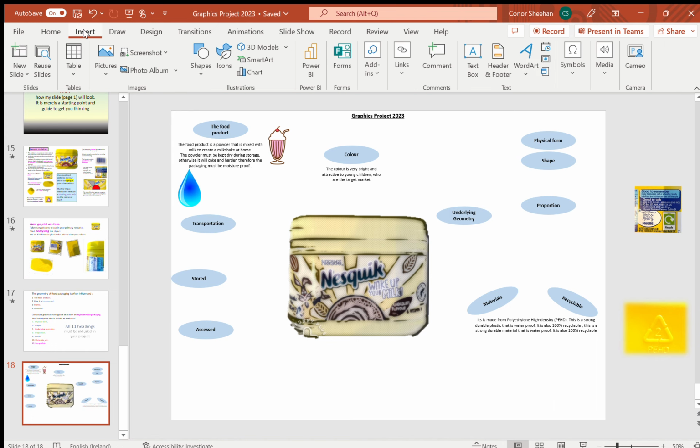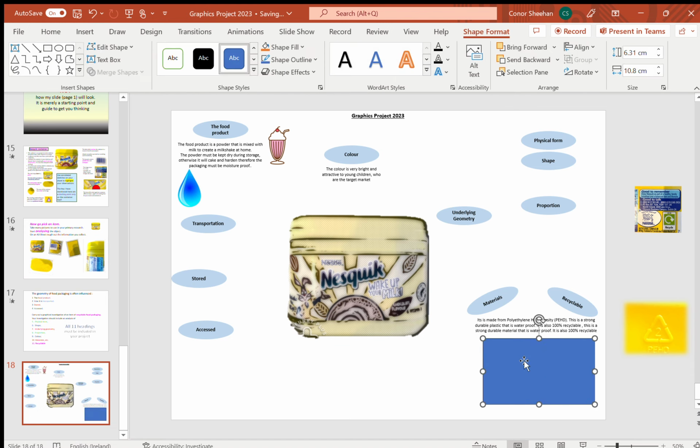Okay, we're going to go to insert, shapes, and you can create a square shape, or a rectangle is probably the easiest one. And what I'm going to do is I'm just going to quickly drag it to cover the area that I want. Okay, and then this is quite large, but it's just for demonstration circumstances. Okay, so what you're going to do is type a rough idea of what you're going to sketch in there. So sketch of recyclable